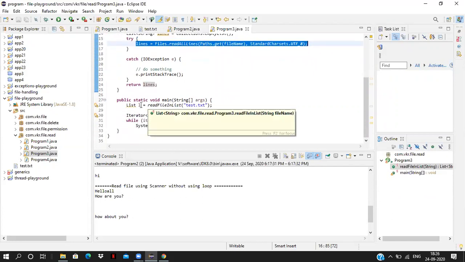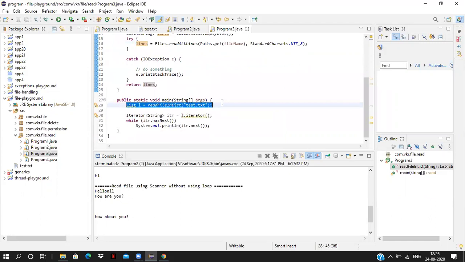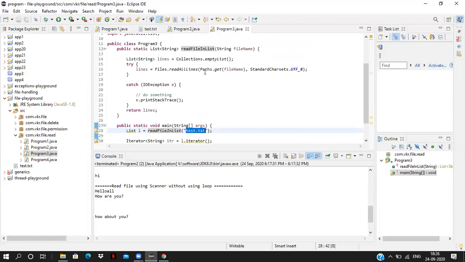Now inside the main method, I call read file in list, passing the file test.txt. After calling this method, it will go to the method and execute it. First, it creates a list of strings, an empty list.